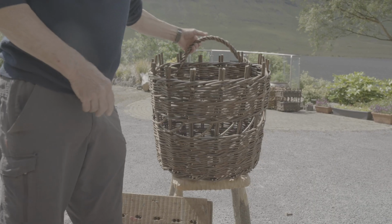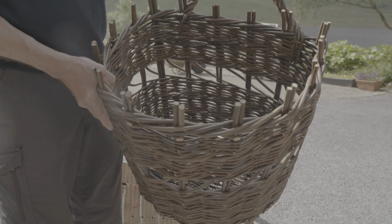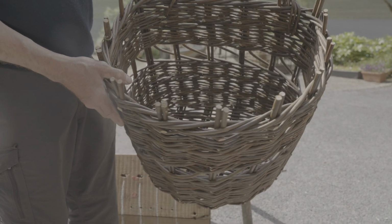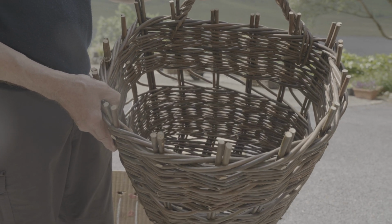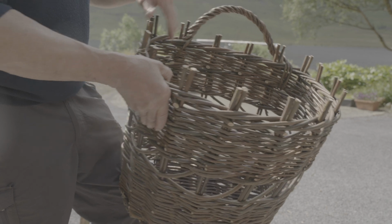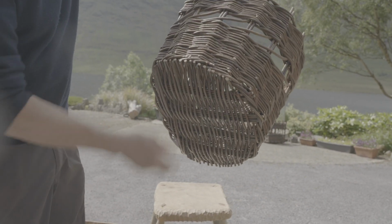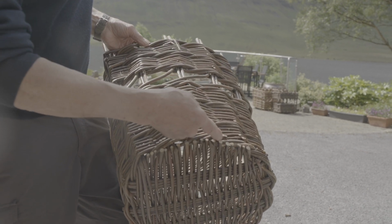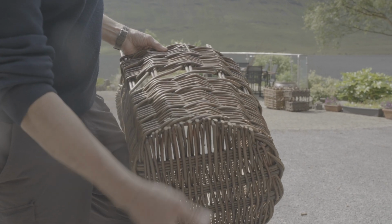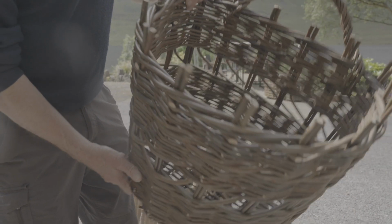So this creel is based on a basket that we used to call a pardog, though occasionally it would have also been called a load depending on the area. The idea of those baskets was that they would have a hinged bottom which would fall out like this. So this would have been made in this fashion, it would have been bordered here, and then the base was made as a separate entity. So I've changed the